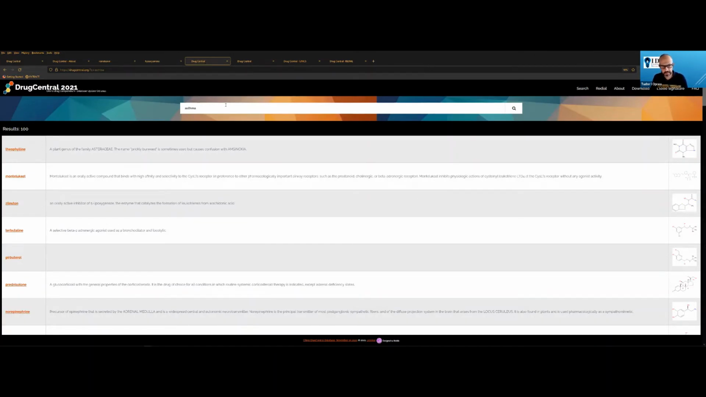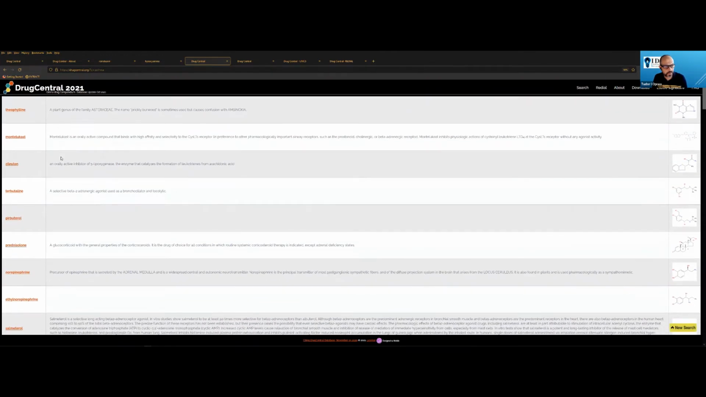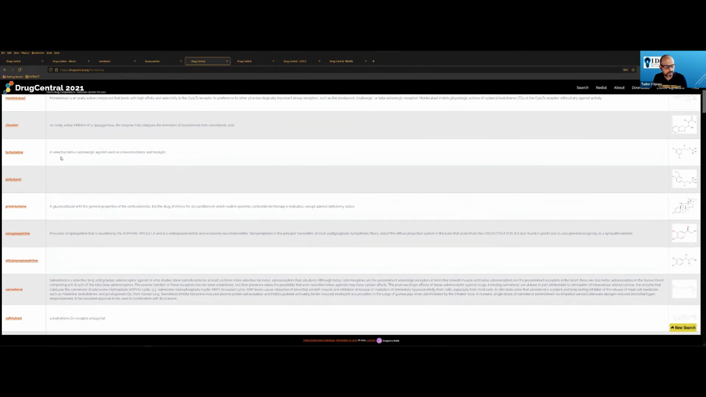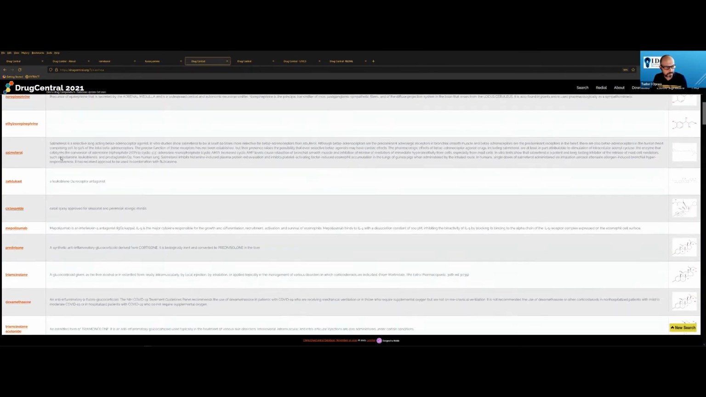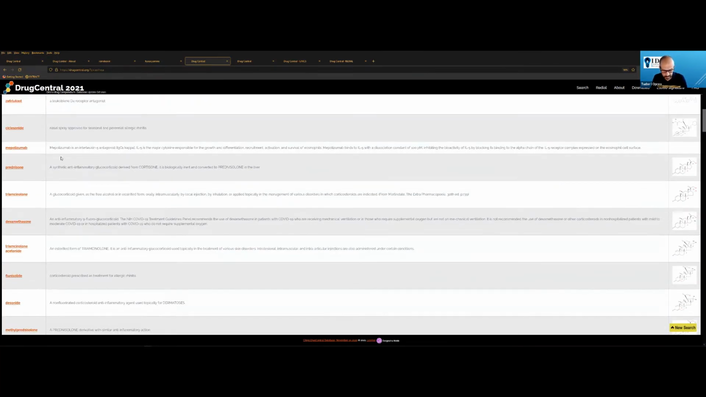I picked asthma because it's a very rich term. It has many, many entries. They are ranked by indication first. So the ones you see on the top, like from theophylline, salmeterol, zafirlukast, dexamethasone, all these are drugs that are